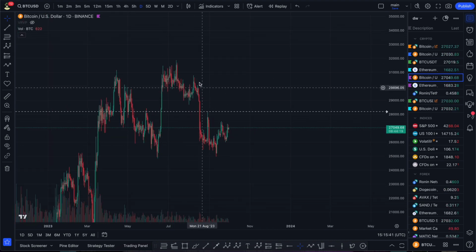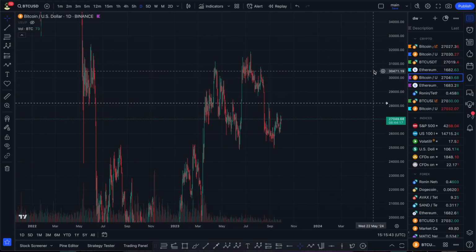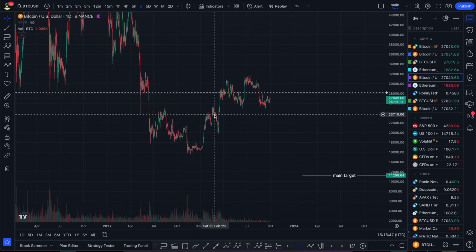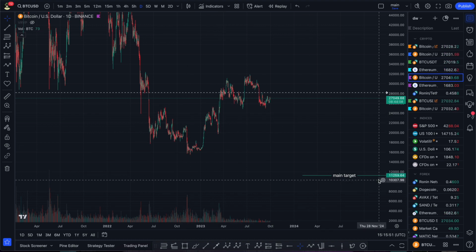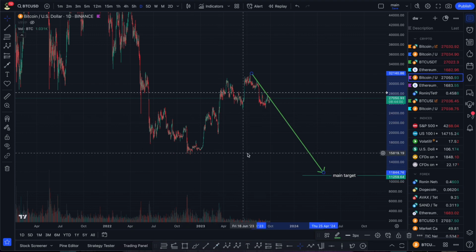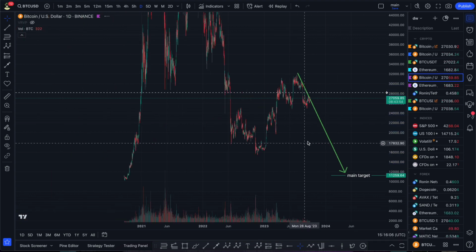So first of all, we are seeing some kind of impulse. Before beginning, I want to say that on a higher time frame, I was talking about this for a pretty long time, that my main target is around $11,000 as a wave 5. So what I'm expecting is some kind of impulse, a downtrend, to the lower range of this accumulation zone. So for me, this is wave 5 on the higher time frame.